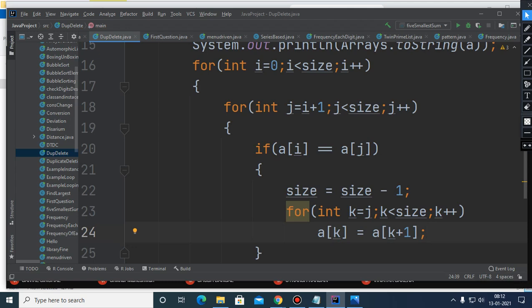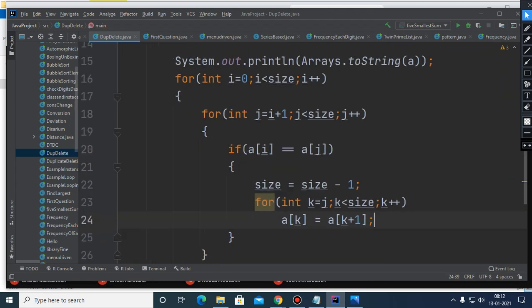One more reason for decreasing this size, children, is that suppose I am not decrementing the size of this array. Then when control reaches k plus 1 and the loop is going up to size, there will be an array index out of bound exception. And one more method is there. If you don't want to decrement the size here, you need to write size minus 1 here, and then later on you need to decrement. So if later we have to do the same thing, why not here? That's why I have decremented the size here only.